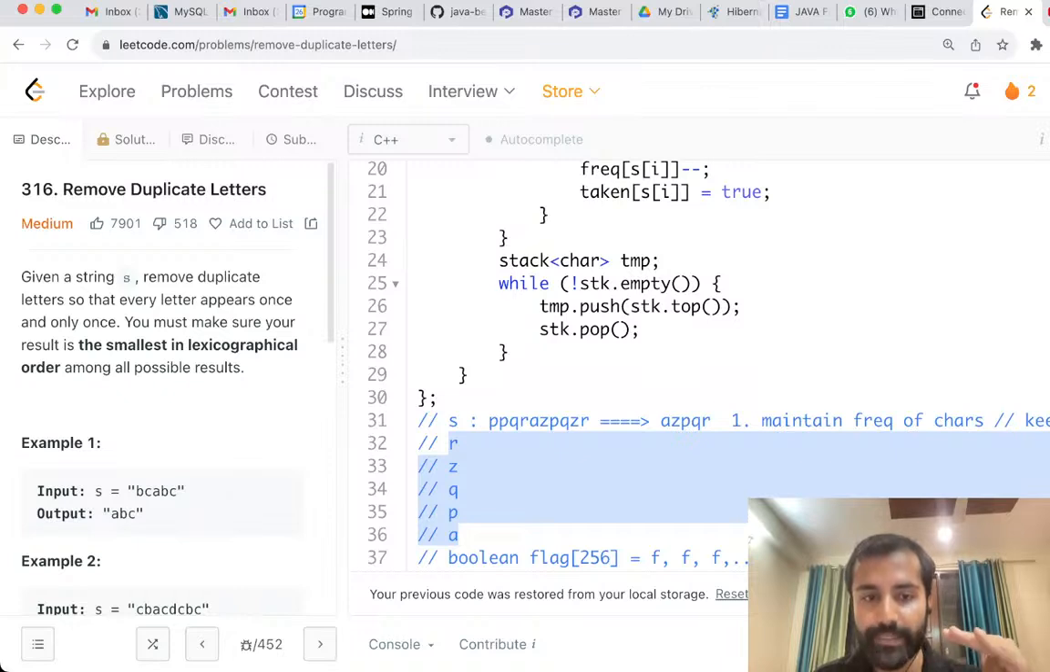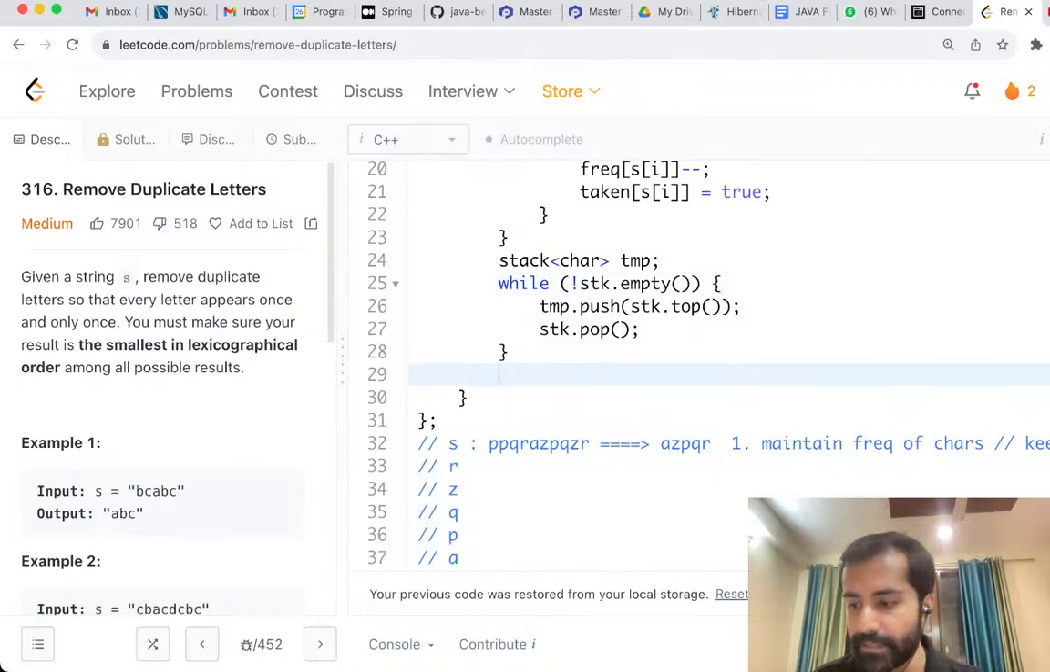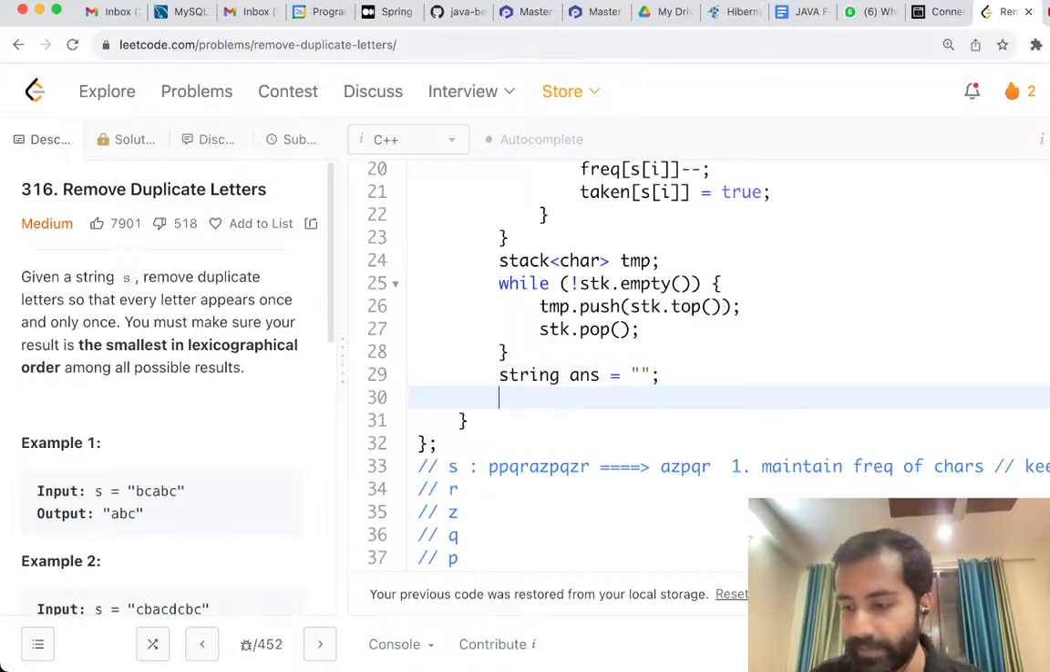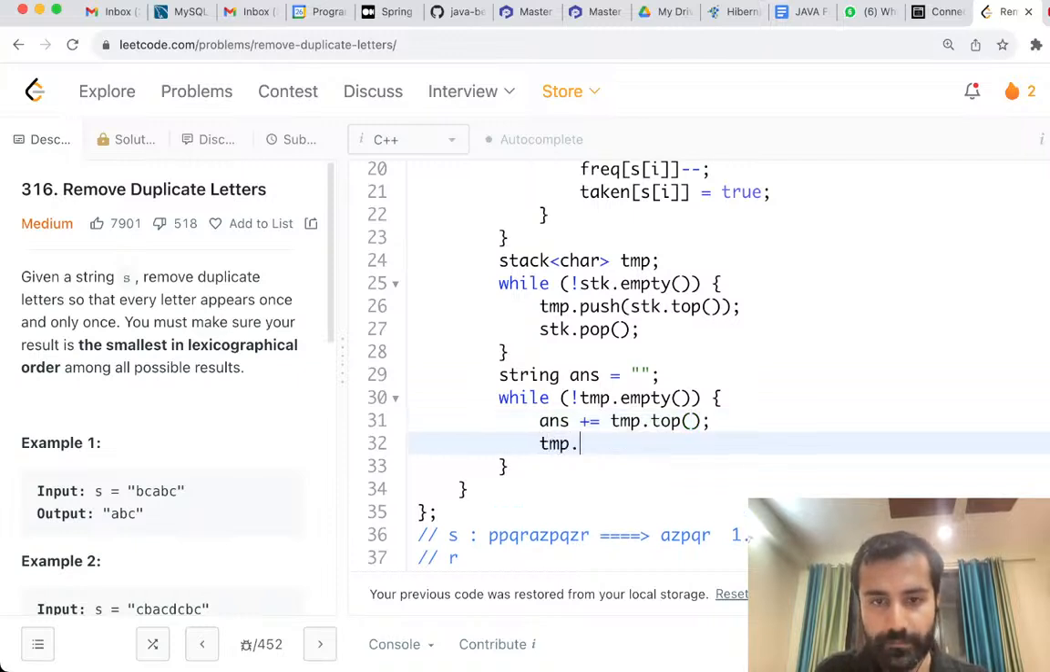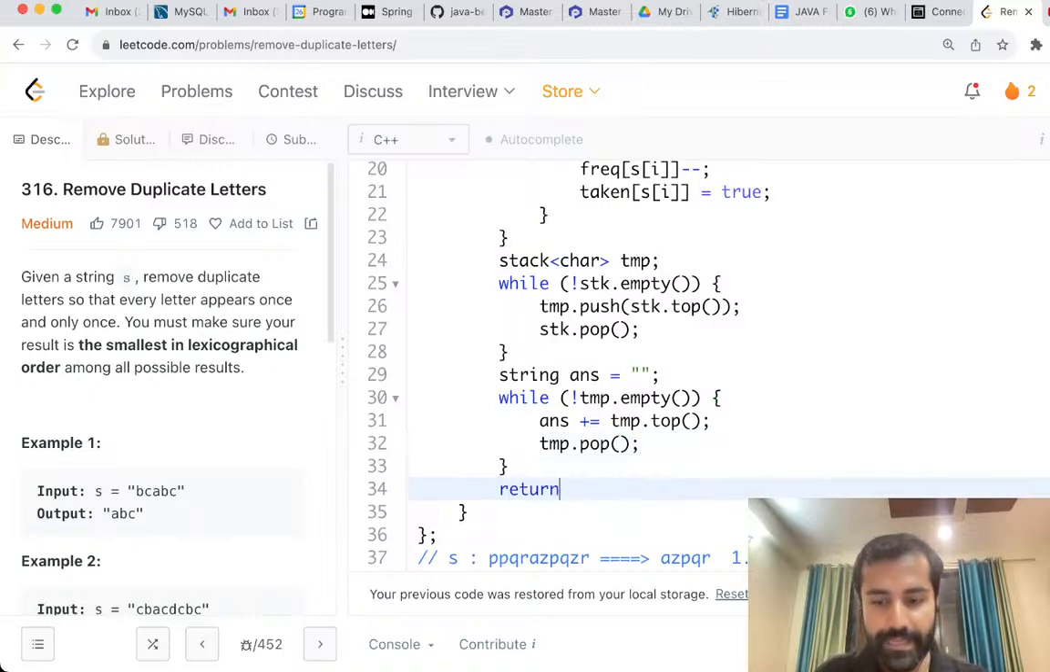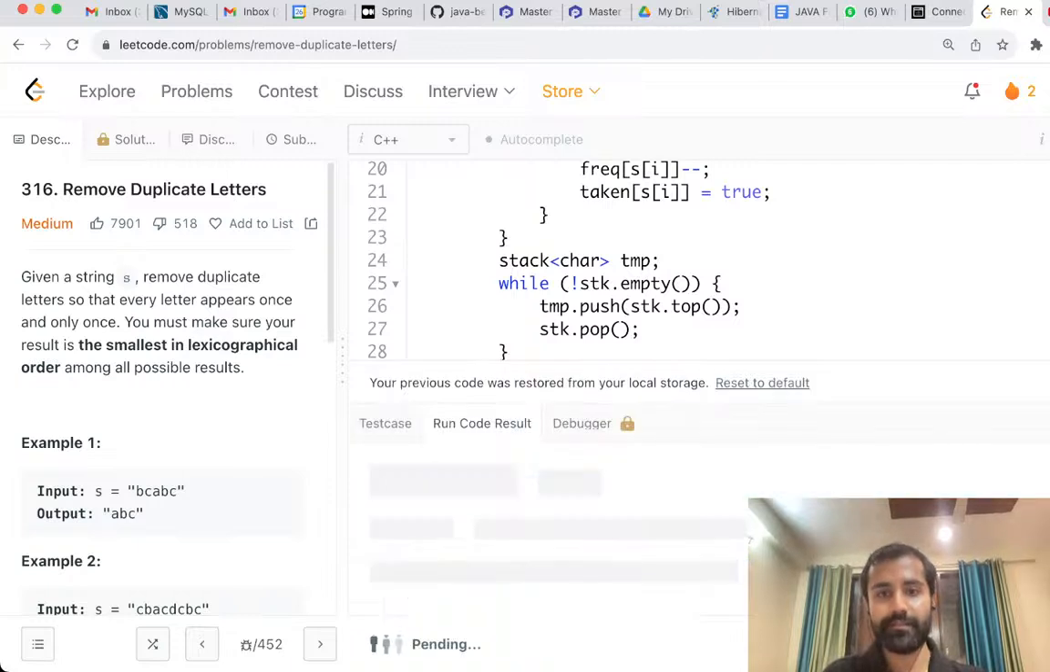The topmost character would be A, then P, then Q, then Z, then R. Now nothing special is left. We can just initialize a string answer which is initially empty, and one by one we will empty the temporary stack. So I would say while not of temp dot empty, we'll simply say answer plus equals temp dot top, and then temp dot pop. That's it. And then finally we can return our answer,